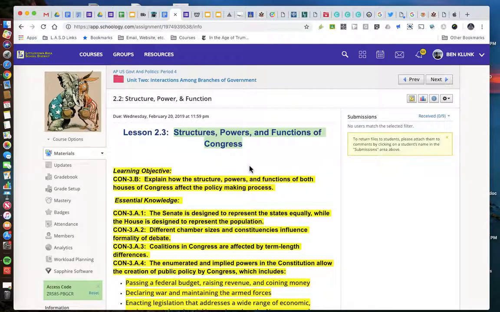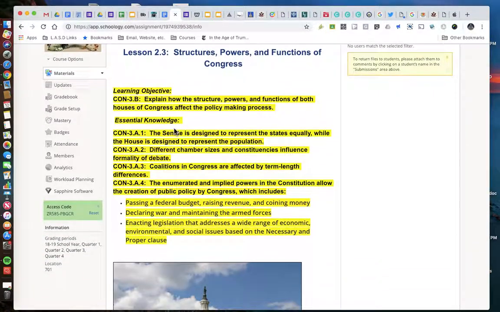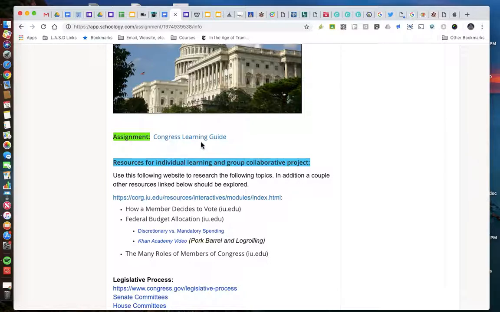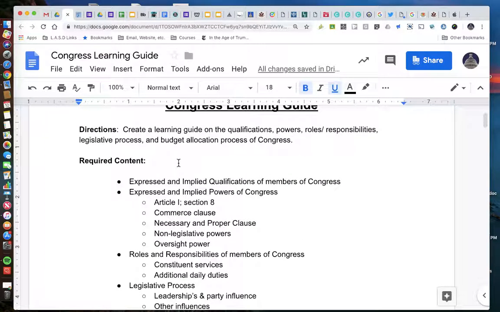We've already dived into this to an extent, but I have the learning objectives and essential knowledges provided for this lesson. And then I have the assignment, Congress Learning Guide. You can look through this, but what I want you guys to do is make a learning guide